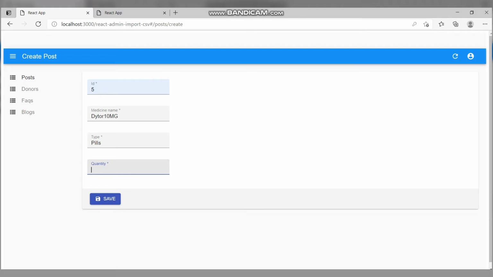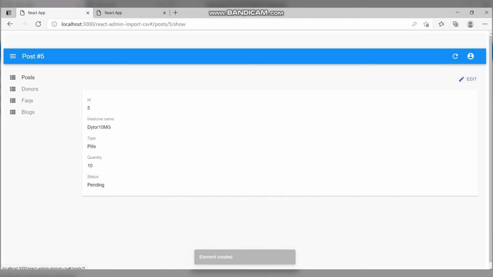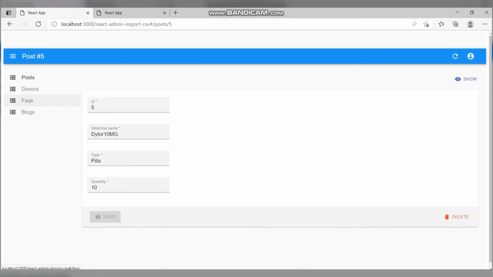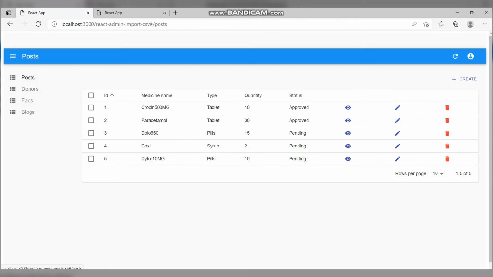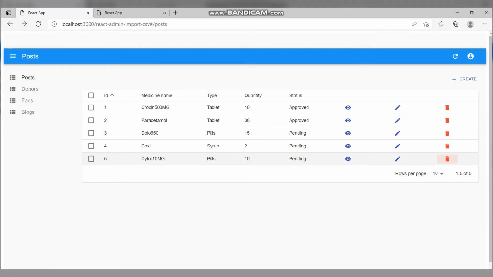If we miss any field, it will show an error. So let's say quantity 10 and save it. So you can see the prompt, the element has been created. This is the element. We can edit the element as well, or we can delete the element as well.